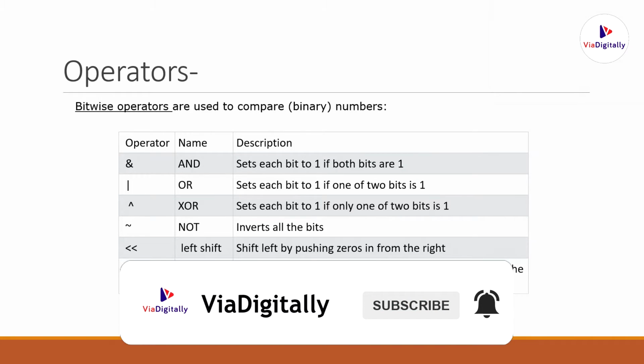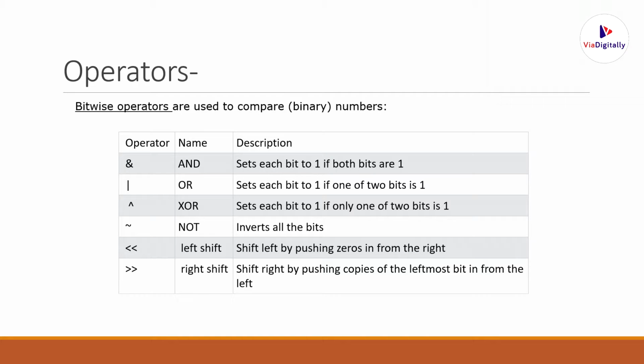Coming to bitwise operators. Bitwise operators are used to compare binary numbers. My main intention was to introduce what binary numbers are, how we represent numbers in binary formats and 2's complement formats, and what the ASCII table is, which I introduced in my first video. Whatever operations we perform with bitwise operators are all done on binary numbers itself.